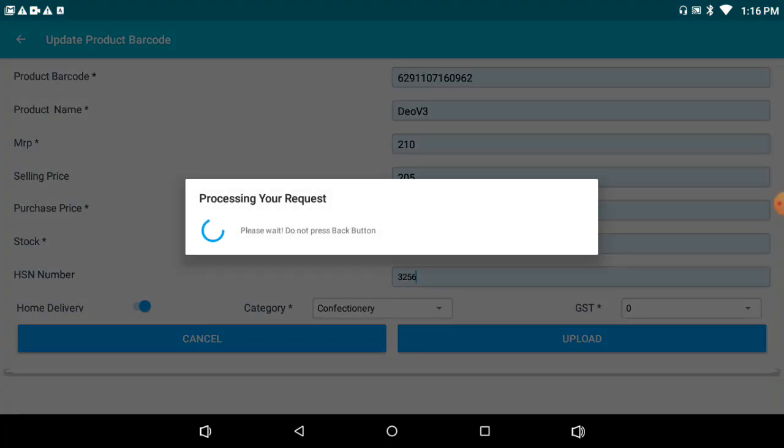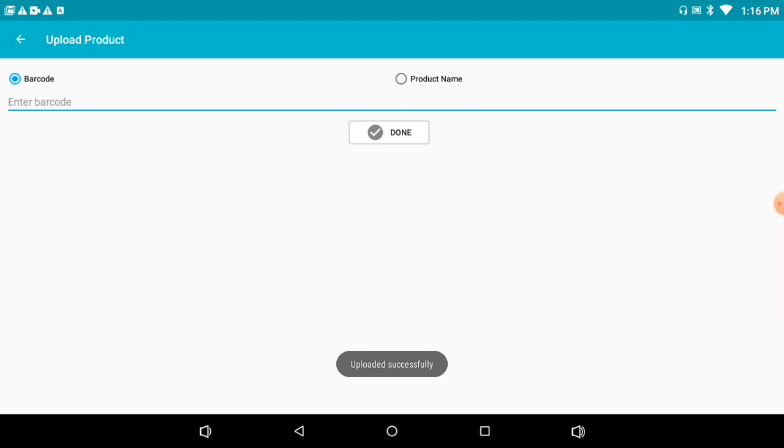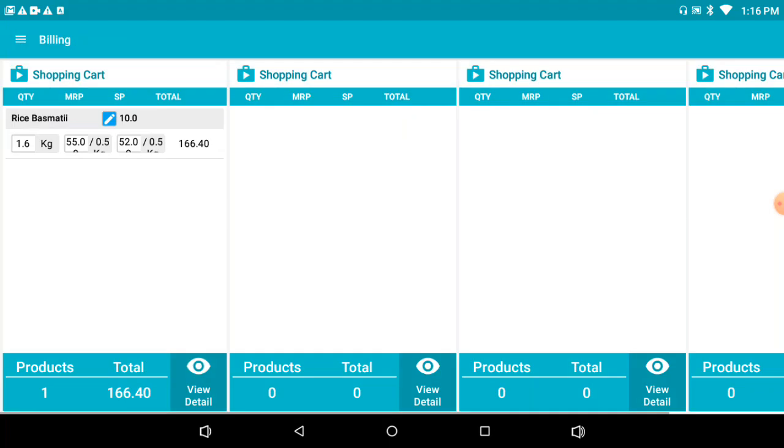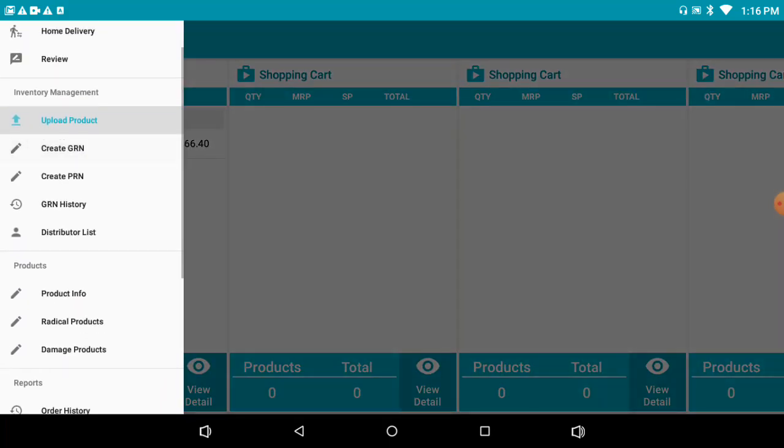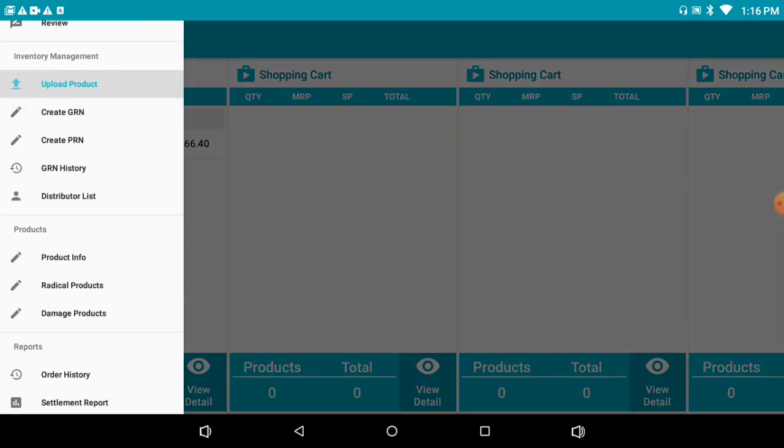And we are uploading this product. So this is how we upload a product with a barcode on it. That is how we covered the upload product page under the inventory management section.